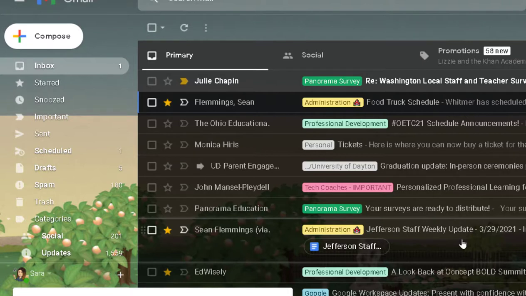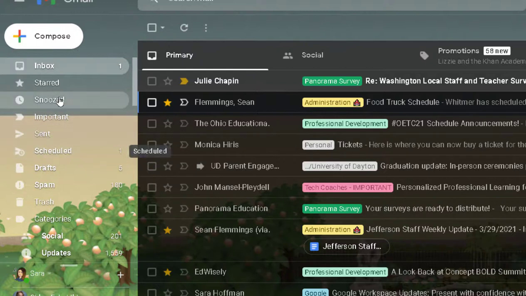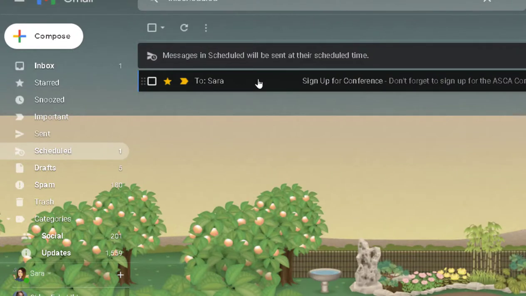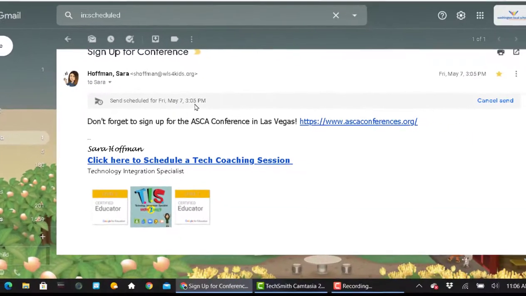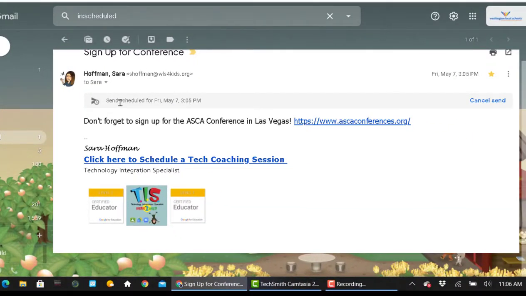So you may be like, ooh, if I want to change that and maybe have it remind me in June, how would I find that email? So you can find those. What happens is this will pop up. This was not here before because I had no scheduled emails sent. So if I click on scheduled, here is the email that I have scheduled. If I click on it, it shows that it is scheduled to go out Friday, May 7th at 3:05 p.m. Now let's say I want to change that and I want to cancel it. I can cancel that send,